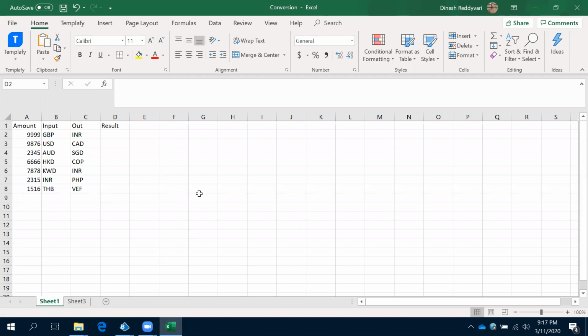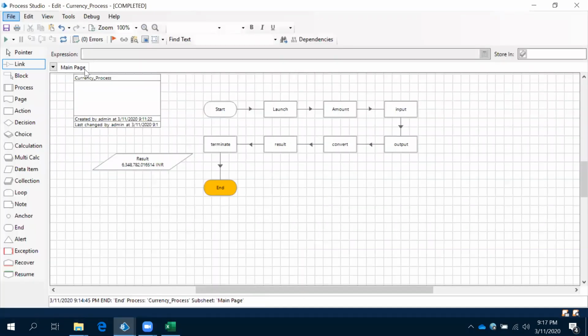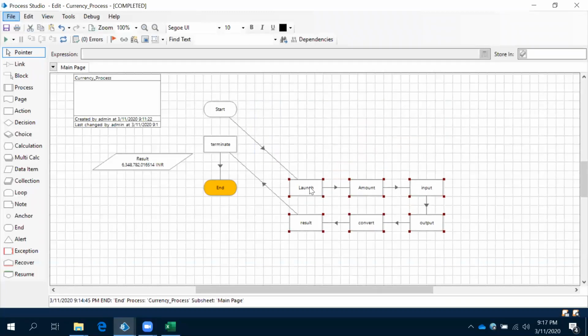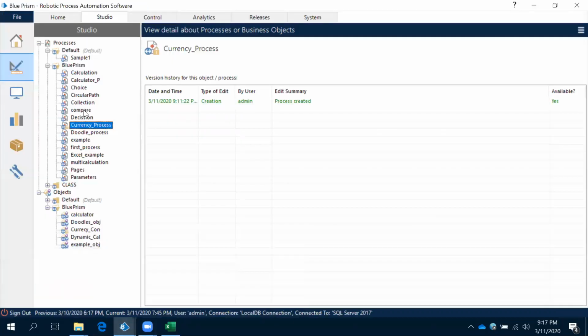When you have data in an Excel file, what we need to do, in previous sessions we saw how to pull the data from Excel to collection, right? The same actions we will use here. So let me pull it down and then remove the link. What are the actions we were using previously? So let me open that currency Excel file,